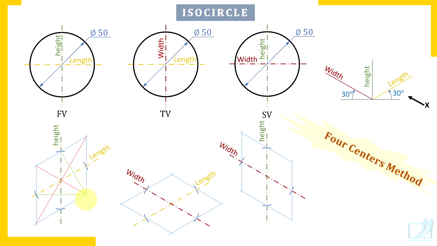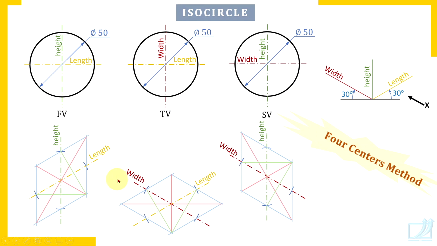Check this procedure once again. Draw the longer diagonal and shorter diagonal. And from any one of the two ends of the shorter diagonal, draw lines. Join an end of the shorter diagonal with the midpoint of opposite edges. So this way. Check here. Once again listen. Draw the longer diagonal, shorter diagonal and join one end of the shorter diagonal, check here, with the midpoint of the opposite edge.